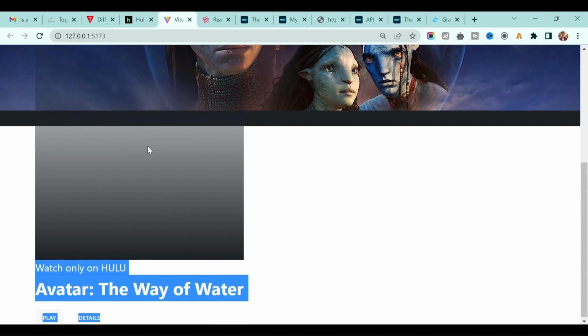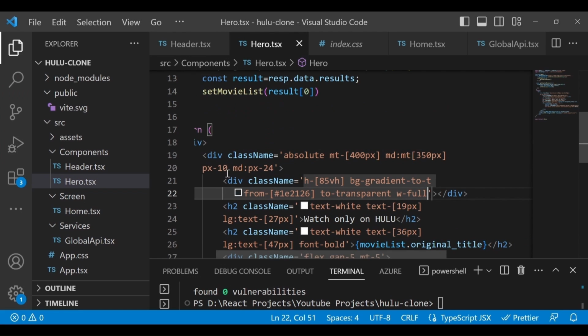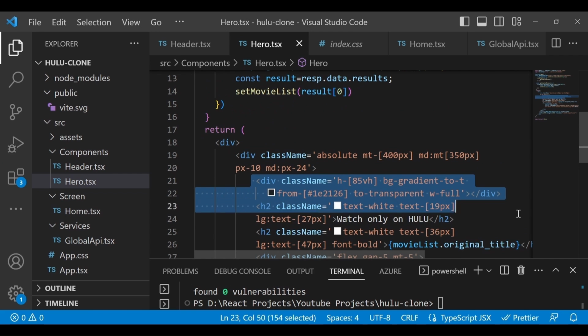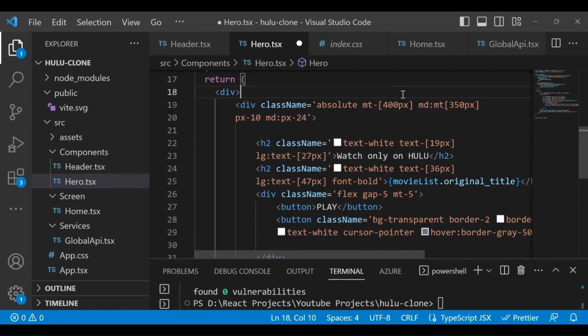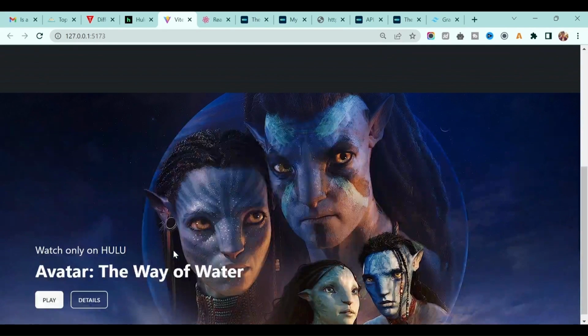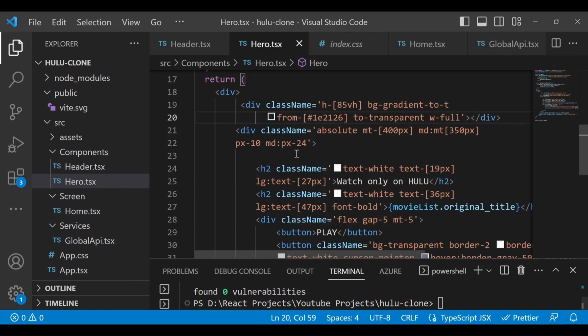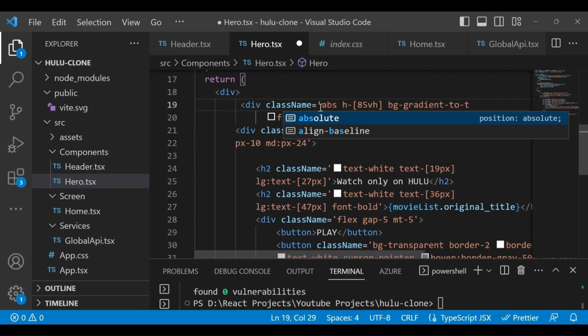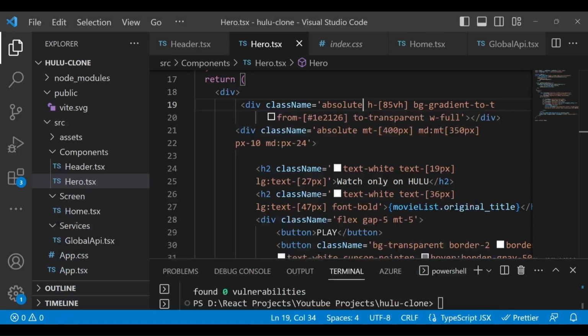You see it's coming down, the structure is completely mismatched, correct? The reason is we mentioned this div inside the data div, so we don't want to move it to the upper one. Let's see how it looks now. Something is not correct, because we want it absolute, so you have to make this div an absolute one. Let's see how it looks now. Okay, yeah, now you see the gradient is coming, but it's too dark